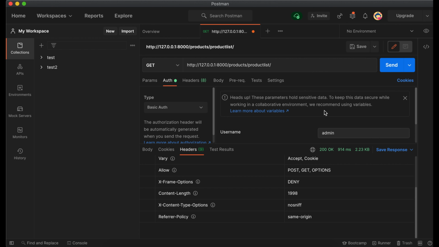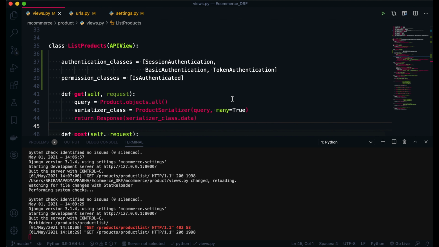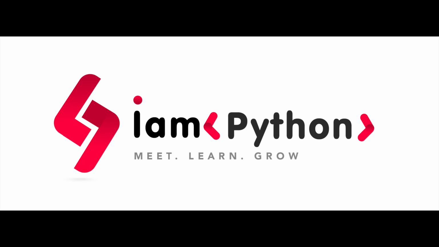This is all about the basic idea of token authentication. So in the next video I will come up with third-party authentication for token authentication, so we'll get more idea about it. So thank you so much for watching this video, and we are going to see a lot of content in the Django REST framework in the upcoming sessions. Thank you.